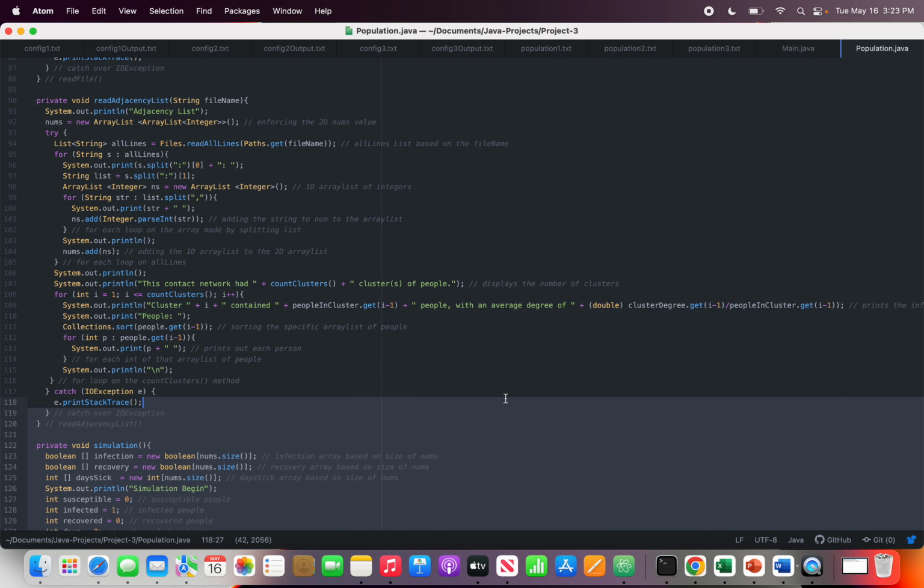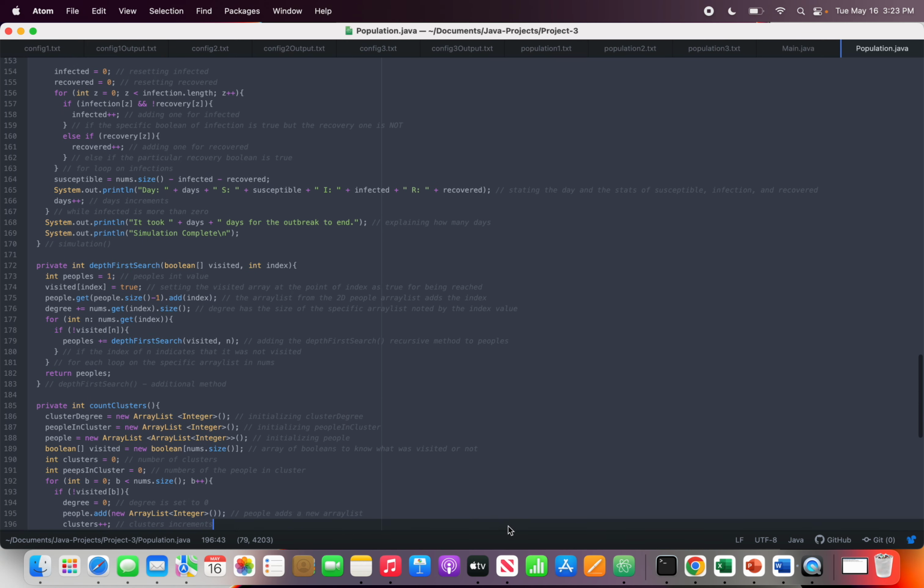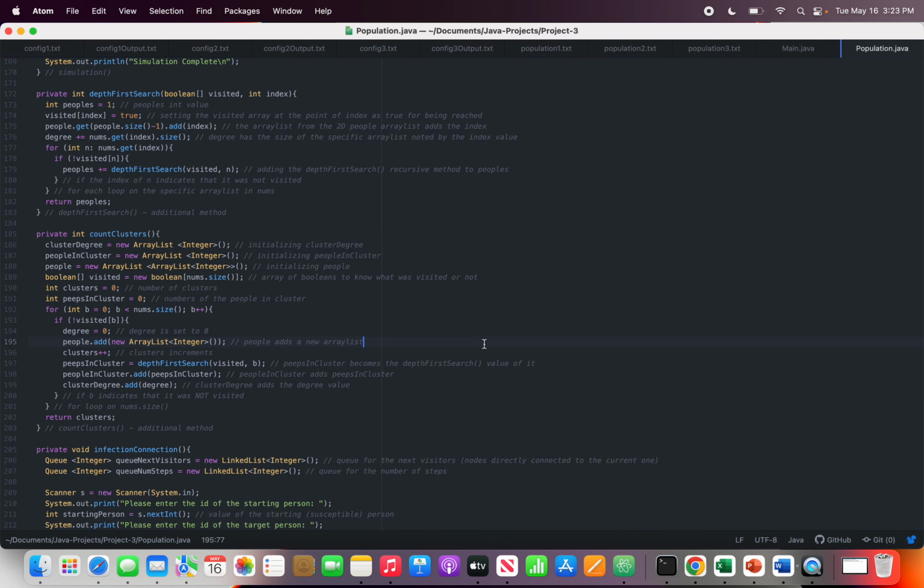Going back up here for adjacency list, it reads all that, makes that list of the numbers in the matrix based on the colon, and has to print all that out. We have a thing called count clusters, which needs to count how many clusters there are with a depth first search. Depth first search basically